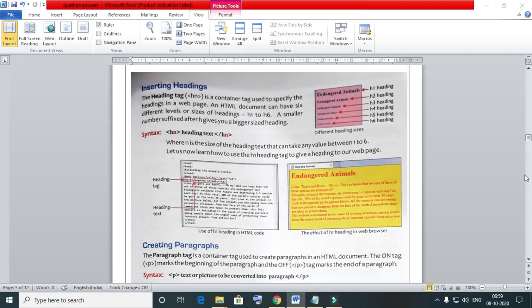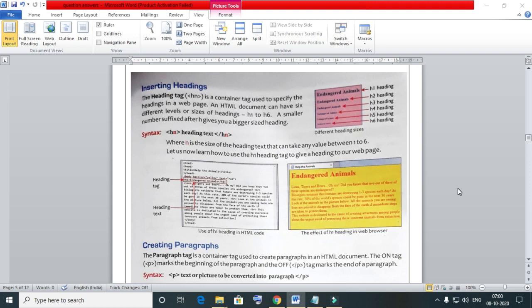Again, I am back with a new topic of your computer syllabus. I am your computer teacher Moitre Deroy, and let's start the new topic in computer so that it will be more visible and more understandable. So let's start. Students, today we will start from page number 87, that is inserting headings in a web page or in an HTML document. How to insert headings and what will be the size of the headings.